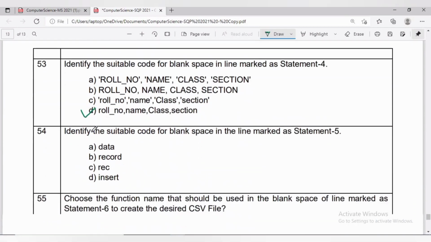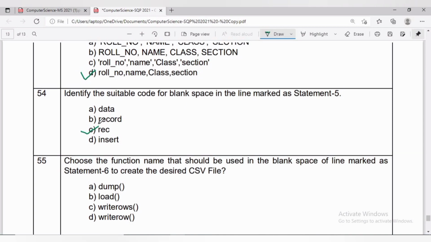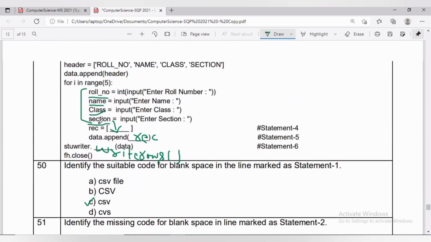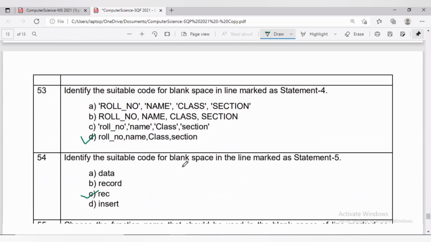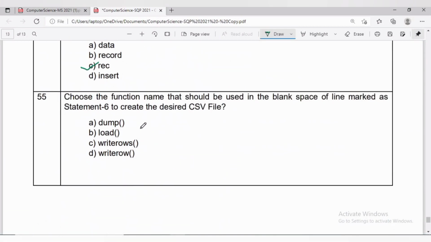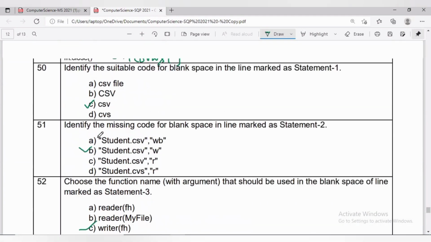Statement 5 is filled with rec, as we are appending the record in the list. In the last statement, we have to write writerows, because with writerows we can write multiple rows of data onto the writer object. For a single row, we have to write writerow.